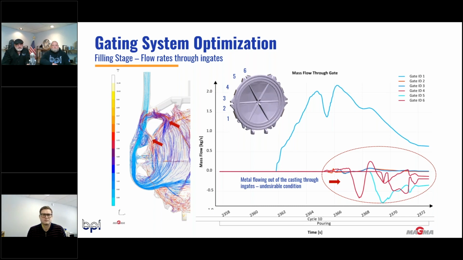And that is a less desirable condition, because we can incur some issues with metal contamination, inclusions, oxides, and or just generally speaking, a high amount of turbulence. But more importantly, we're looking at a thermal problem with cold metal up at the top. And that occurs because the casting is not filling fast enough. And again, it's not filling fast enough because we're not putting all that metal into the casting. We're flowing some of it back into the runner. So that's the power of some of these results, to not only visually, but quantitatively describe potential issues with the setup, and be able to then come up with a root cause analysis and remedy to